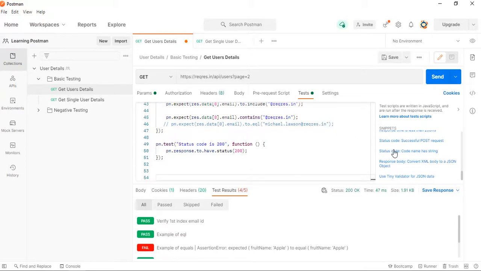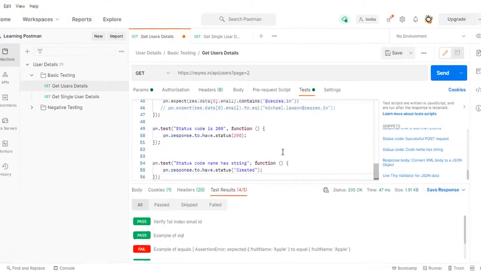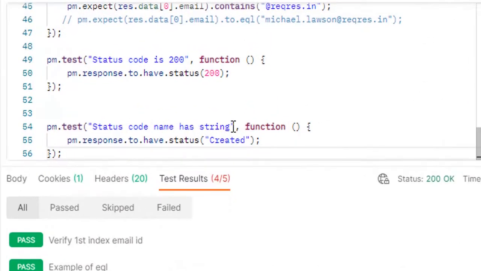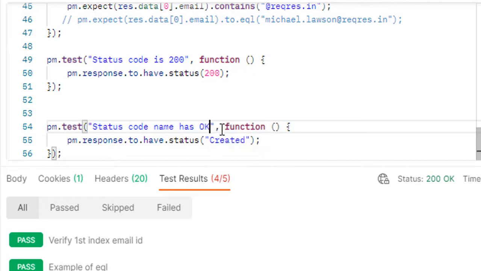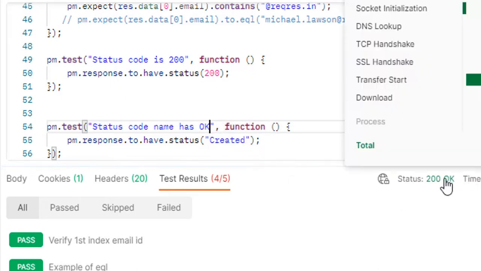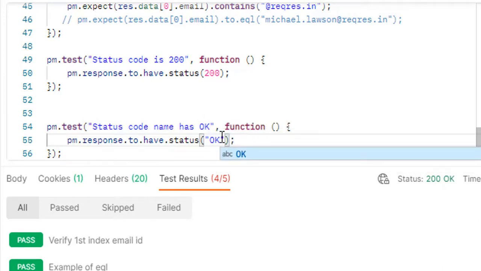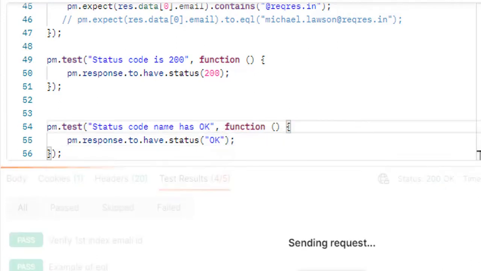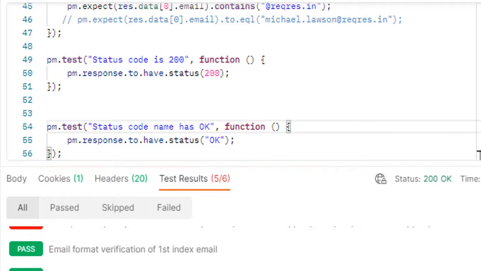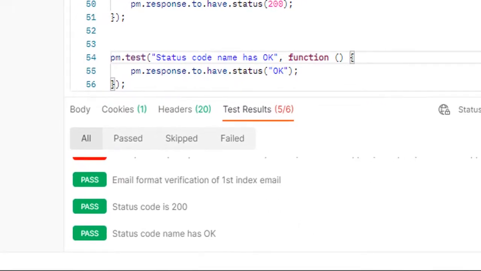Okay, so status code name has a string. All right, so status code name has... okay, so here we can see we are getting the OK, right? So let me pass it here, okay, let me run. Okay, status code name has OK. Okay, so if I update anything,